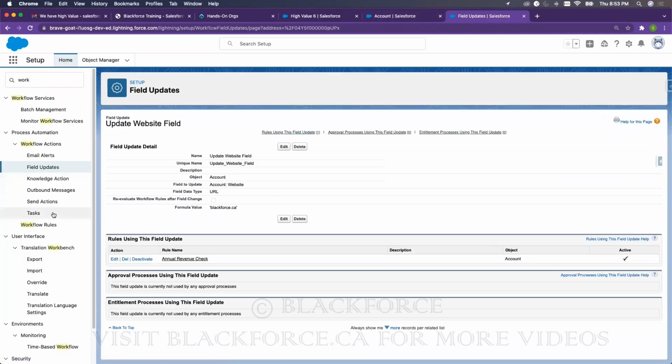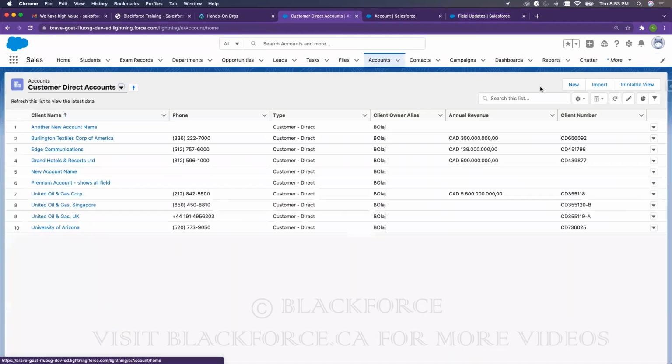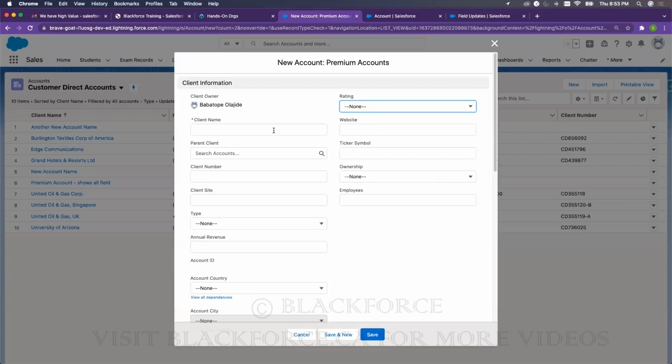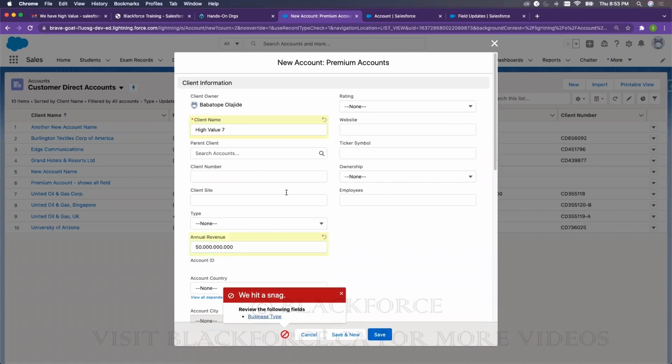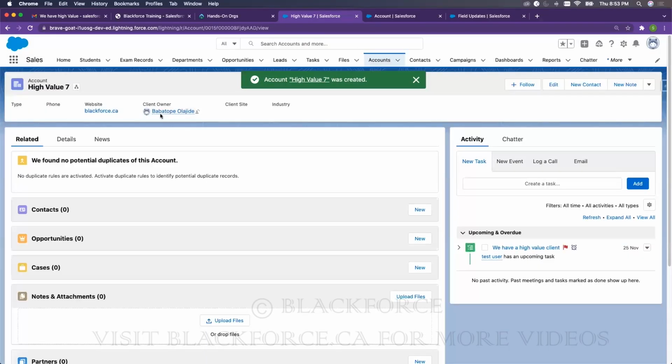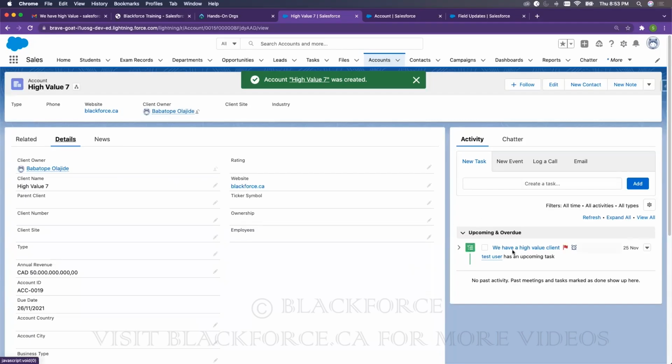Okay, the workflow rule is still active. Then we can test. New. The website field will be empty. I put a value of 7. Annual revenue is high enough for the workflow rule to trigger. Then I click on save. Remember, the website field is not present. I needed to have created a criteria, I think, but let me check. Okay, so the rule triggered, but the most important thing here is we have updated the website field,